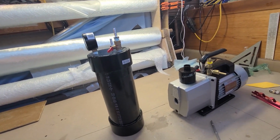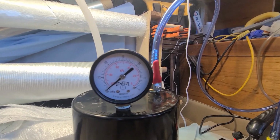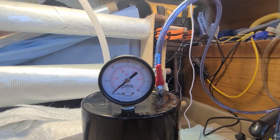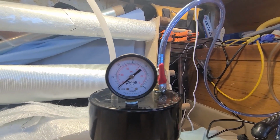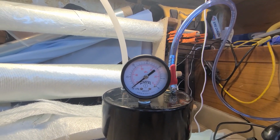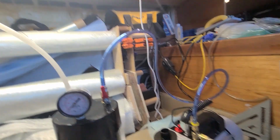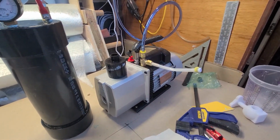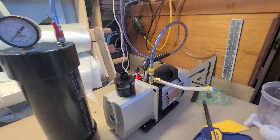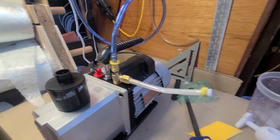So that's my plan. It's about half an hour since the last time I turned on the vacuum pump, and yes, as you can see, the pressure, well, it's not pressure, it's vacuum actually, holds pretty well, and the incoming line is open to the pump. And what I did actually, I redid all the joints together, and for the blank one, since I don't have a blank, I just put the hose,